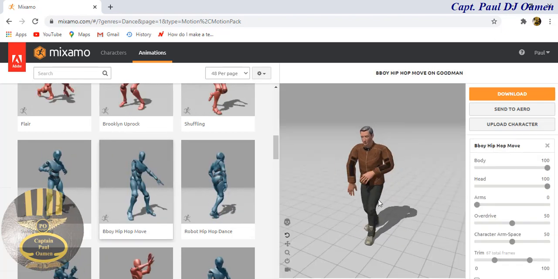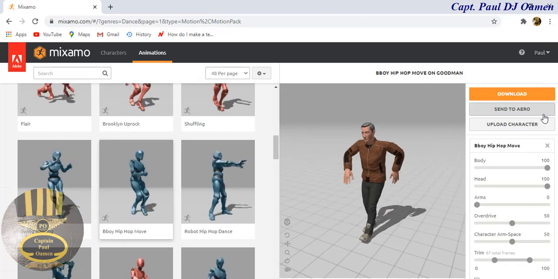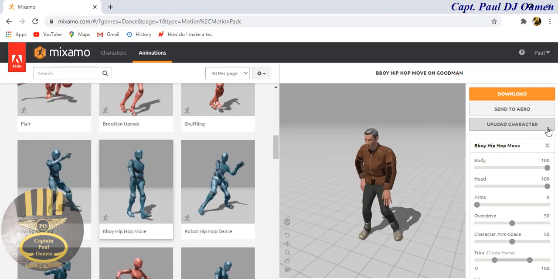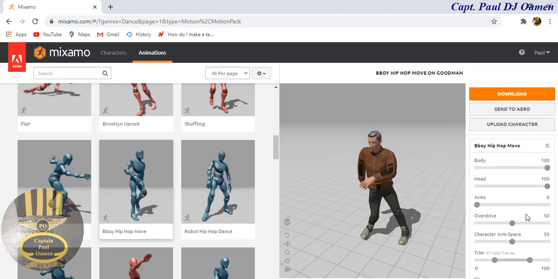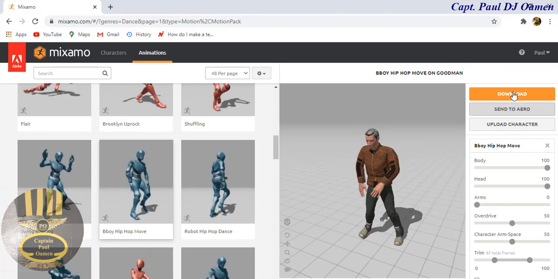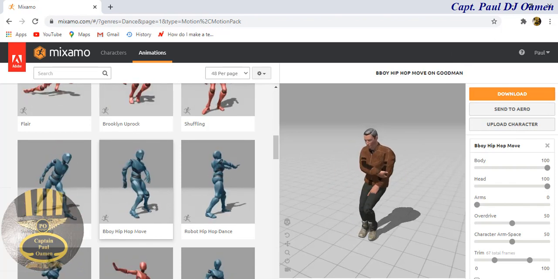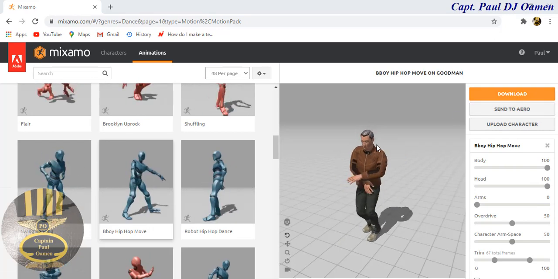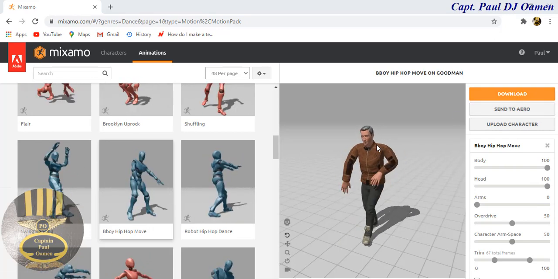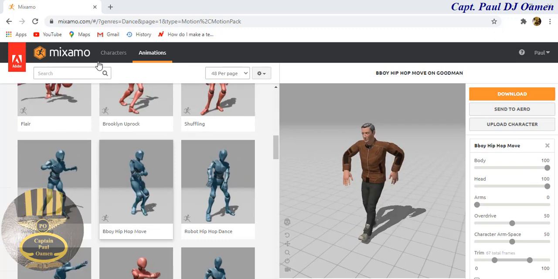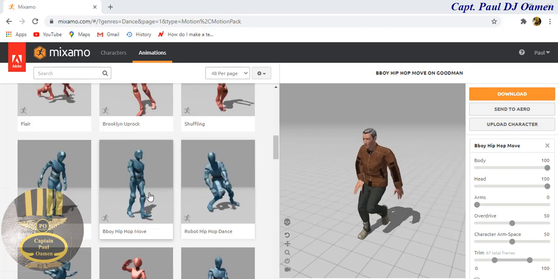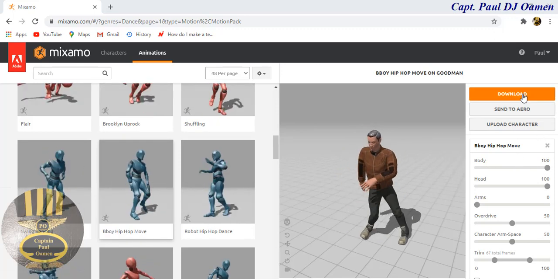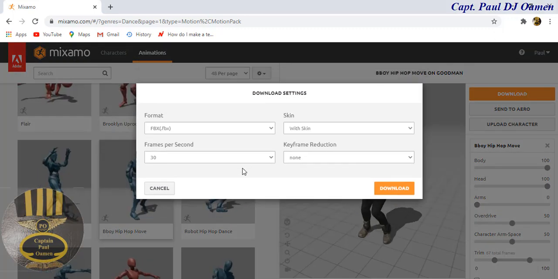That's taking place now. Now that B-Boy hip hop move is in, the next thing we need to do is to download it all. So I'm now going to download this very character I created from Adobe Fuse, uploaded into Mixamo, and I just converted it into a B-Boy hip hop move. So click on download, and right there